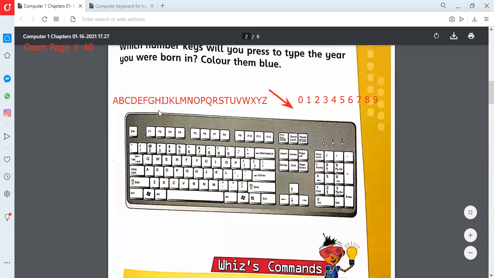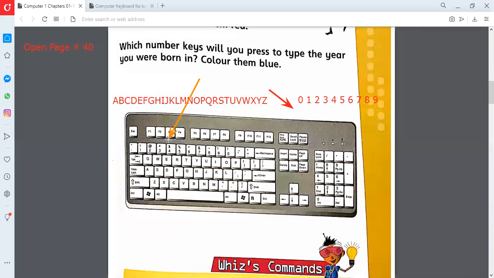If you see, the letters are available there. The numbers are also available there at the top of the alphabets or the letters.